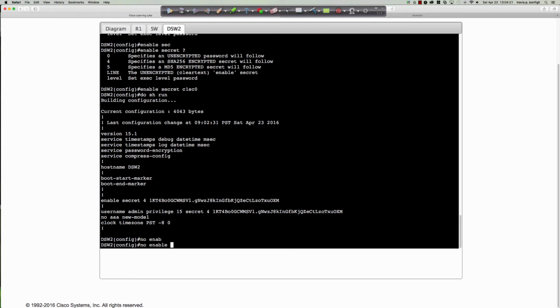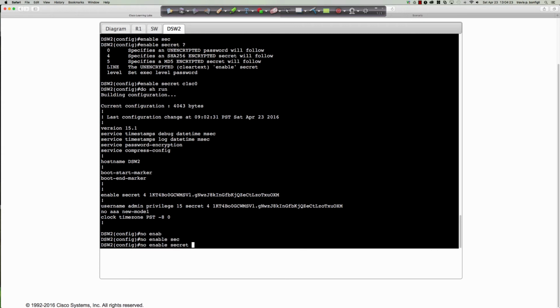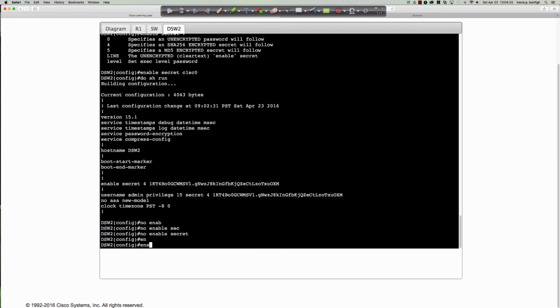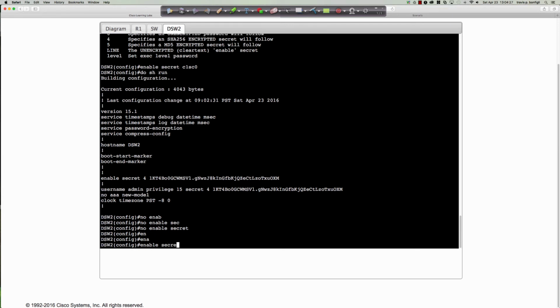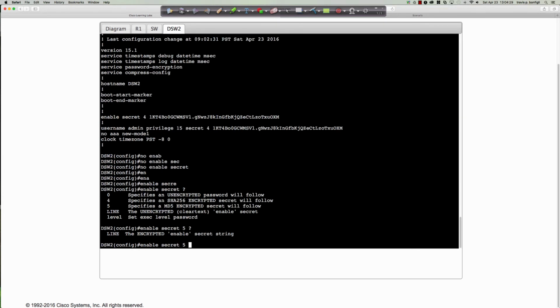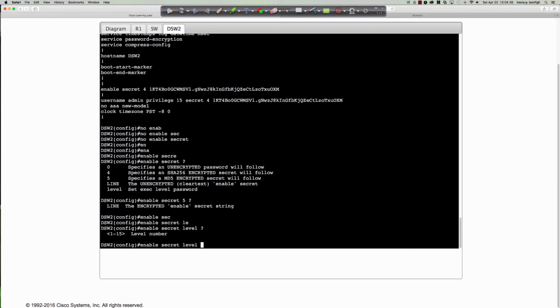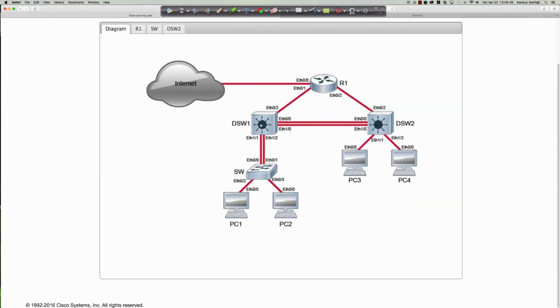No enable secret. And then let's do enable secret, and we're going to use 5. Oh, but it wants an encrypted string, so that's not going to work. All right. So exec-level password, secret level. No. Okay, so we'll leave it there. I'm not sure that's what they want us to do here. But we'll go ahead and make the rounds here, and let's hit up